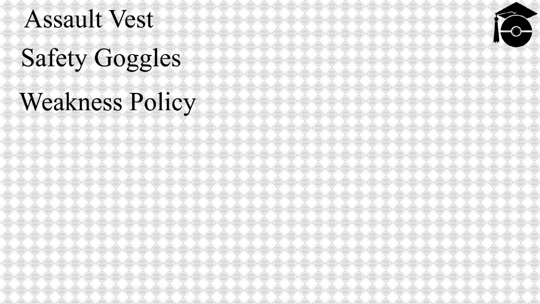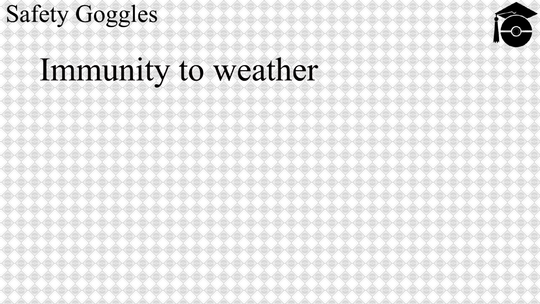So first we're going to take a look at the Safety Goggles. The Safety Goggles confer the Pokemon wearing them almost exactly the same benefits as the Overcoat ability, which was heavily buffed this generation. These are immunity to weather-based damage, which prevents chip damage from sandstorm and hail, and more importantly,